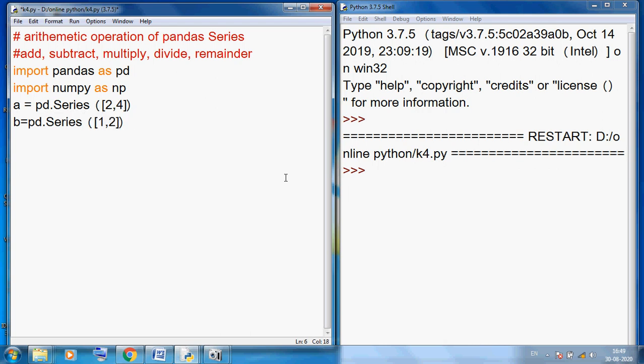I want to display these pandas series separately: print A and print B.